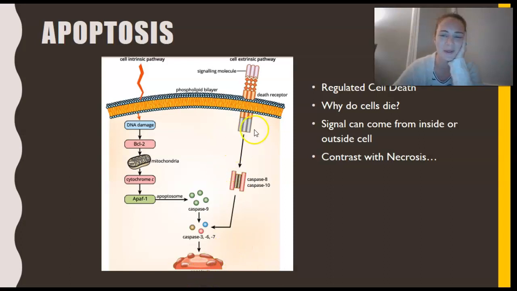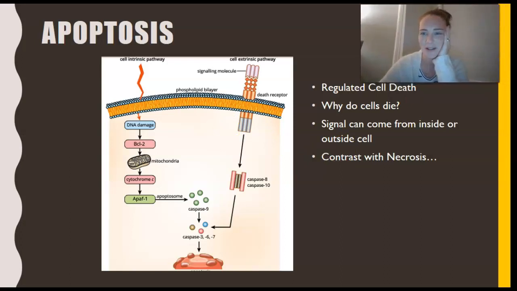Let's have a look at what the process actually is. Okay, so apoptosis is what we call regulated or programmed cell death. It's a process by which it's very orderly. It's where a cell is either required to die after some damage or has always been programmed to die where it needs to be replaced, or it's just no longer useful.